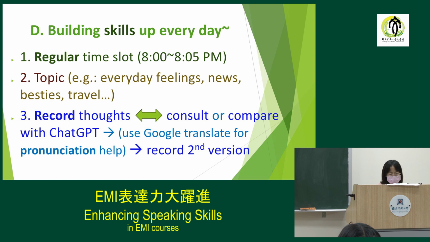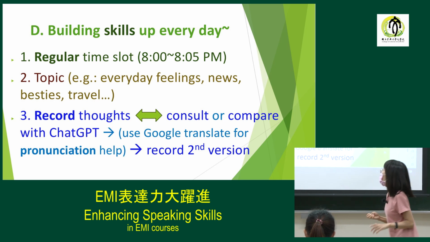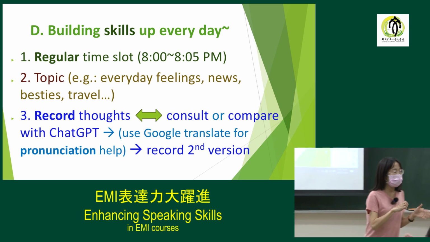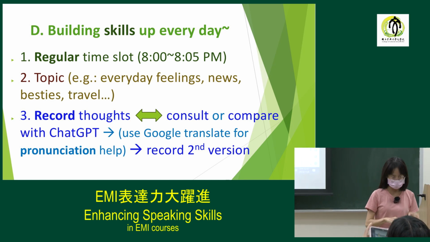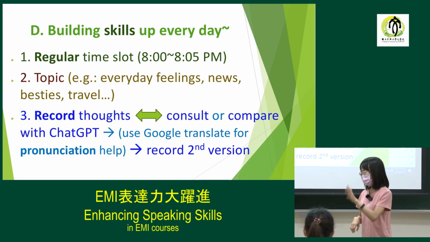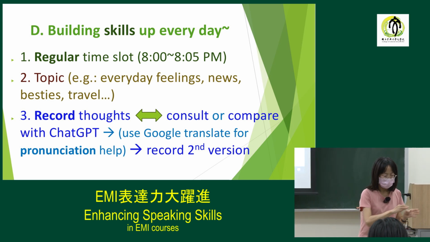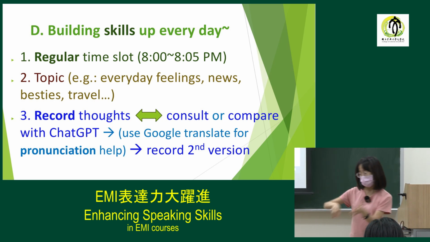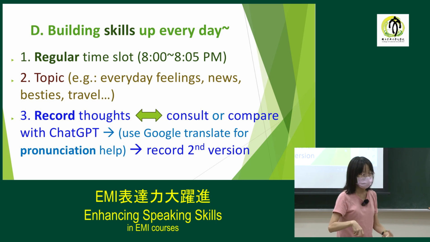And finally, I have some other suggestions for us to do to build our speaking ability. So basically, if you are practicing English, it's better for us to set up some regular time for you to do so. Maybe you don't have so much time, maybe you only got 5 minutes every day. So remember that you want to spare from 8 p.m. to 8:05 p.m. These 5 minutes, I only do something with English.